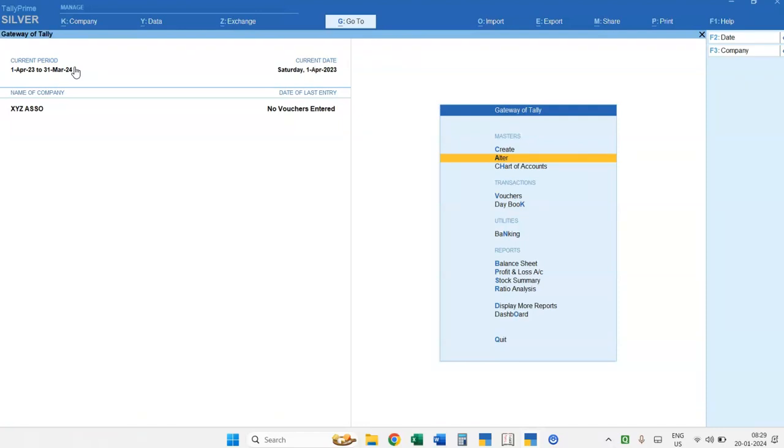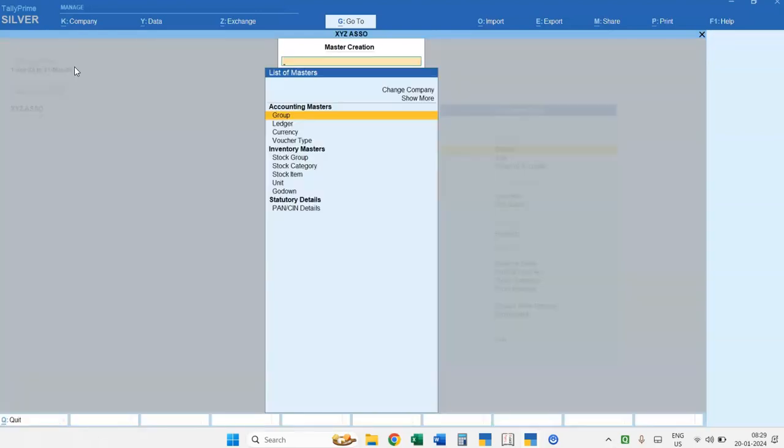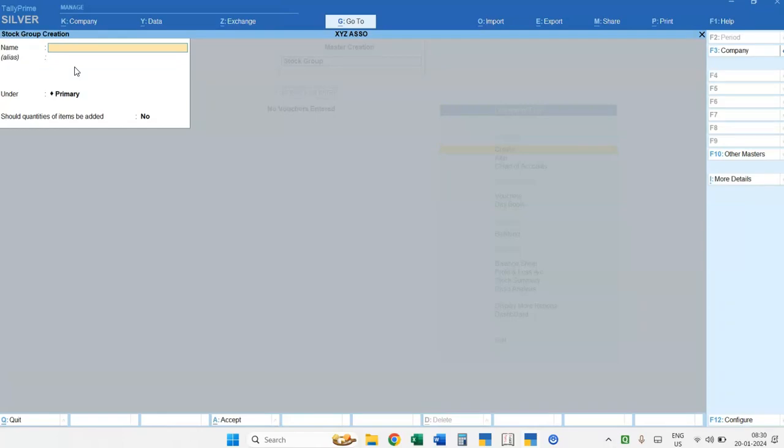Now we will learn how to create a particular stock group in Tally Prime 4.0. From the create menu you will have to go under the inventory master. You have to select the stock group. So I am selecting the stock group.